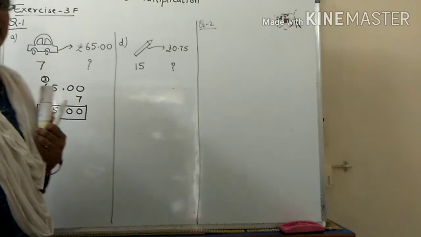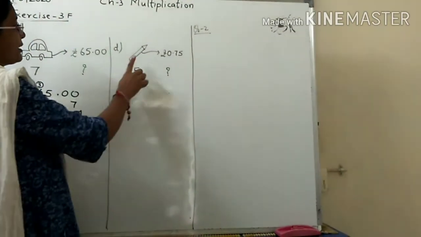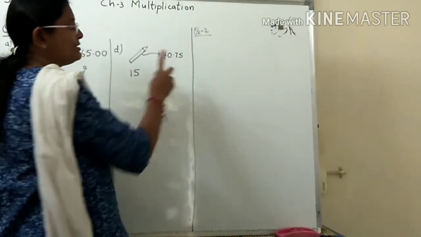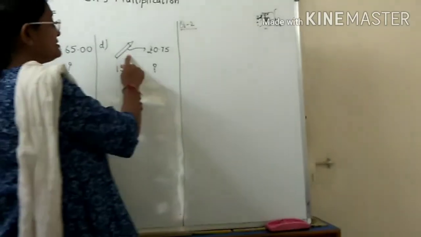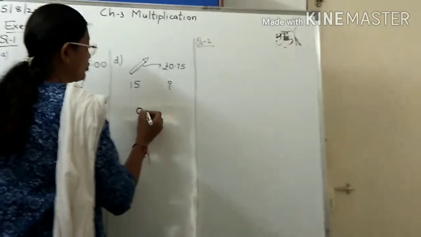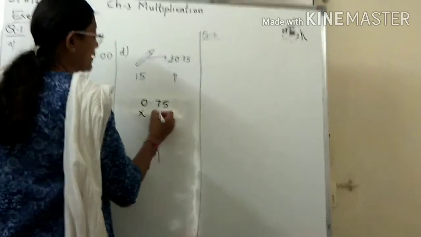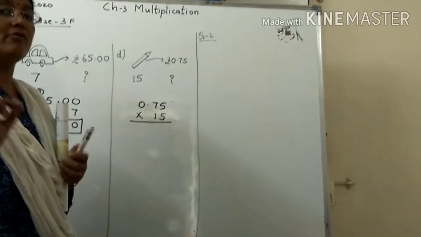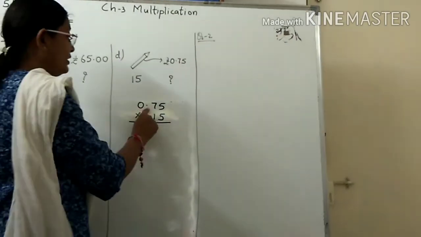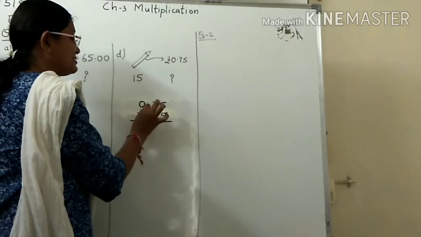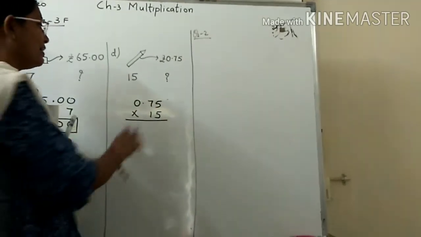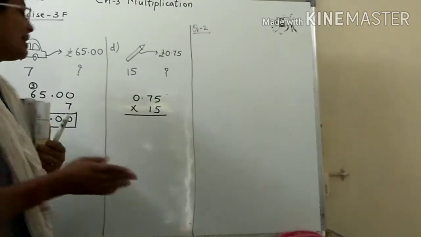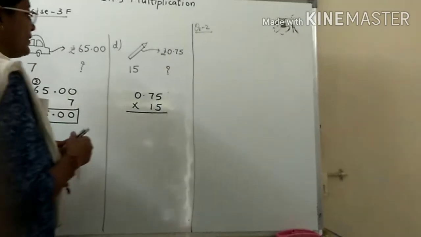Okay, let us move to number D. 4 are given, I am doing D. 1 pencil costs rupees 0.75. 0.75 means 75 paisa. Then 15 pencils will cost how many? Again you have to multiply 0.75 by 15. Okay, you have to put the point, but when you will calculate it, point will be seen. Just keep it just now, then hide it in your mind. Do simple multiplication, 3 digit multiply by 2 digit like that, and then at last in the answer we have to keep the point once again. Okay, let us start with that.